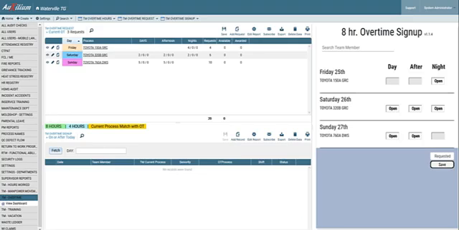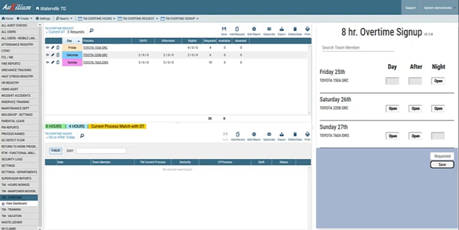So that's how we cover creating a post. Now that those positions are available, it's up to the team members to go ahead and post to those, obviously. As they log into the system, they navigate over to the overtime posting, and we have a couple of features here that are available to administrators,